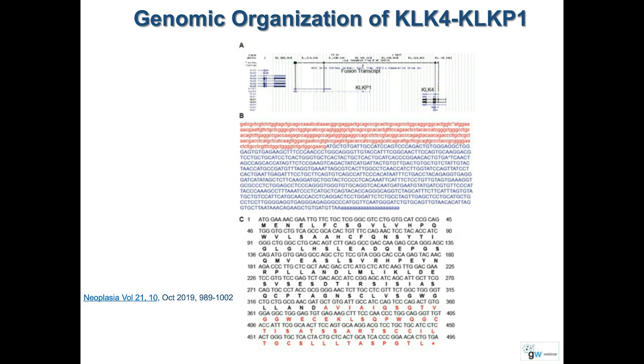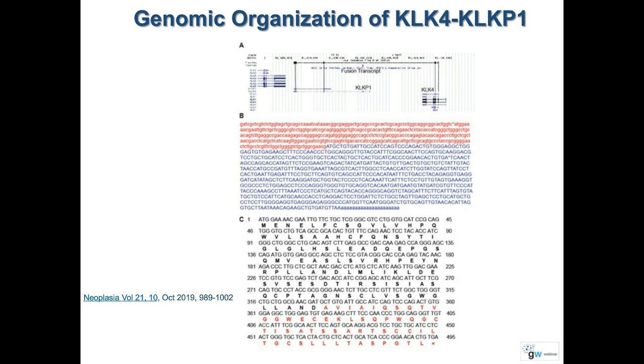The top figure, A, shows that the first two exons are fused with exons 4 and 5, from the actual sequence reads that we mapped back to the UCSC genome browser. This is the location. And figure B is the full-length cDNA sequence. The red and the blue sequences clearly show the non-coding region of the gene.